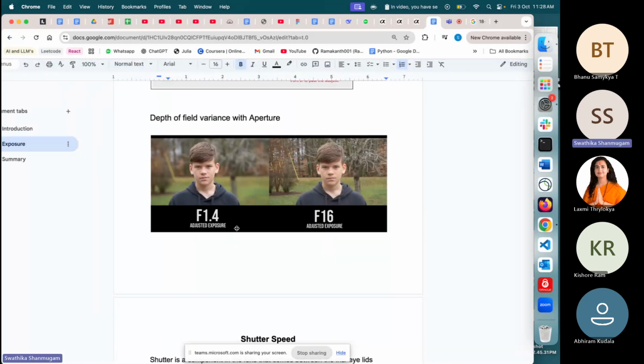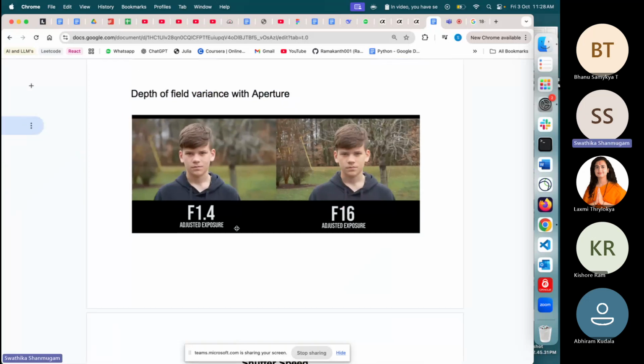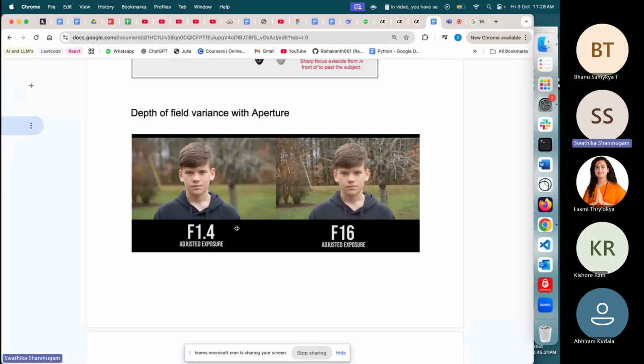Now, how is this relevant to aperture? When you have lower aperture, it automatically blurs out the background. We call this the bokeh effect. So you get this natural blurry effect, right? Now, when we use our Zoom meetings and all, we select this filter to blur the background. So that is artificial blur. But this blur that we get when we have lower aperture is the most perfect and natural blur,